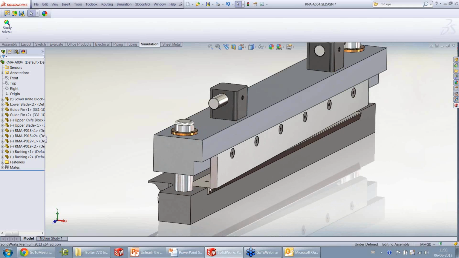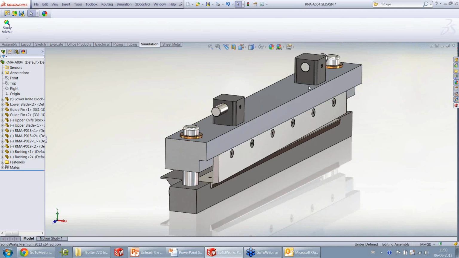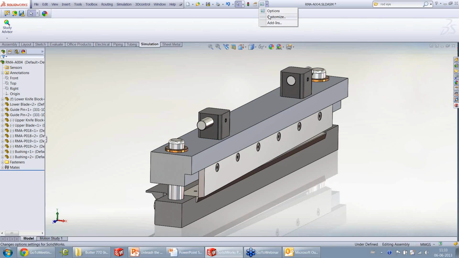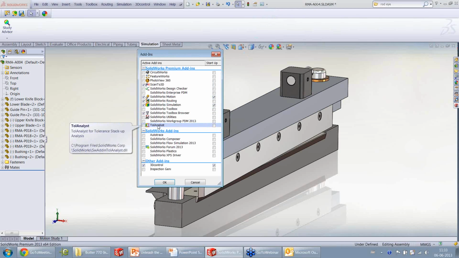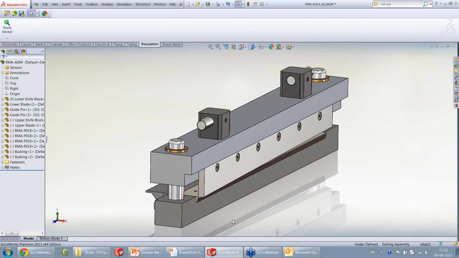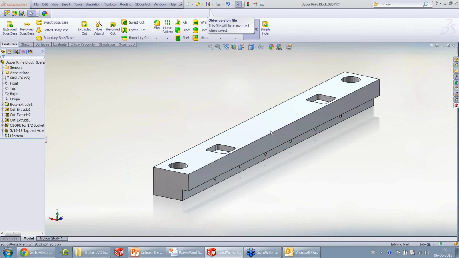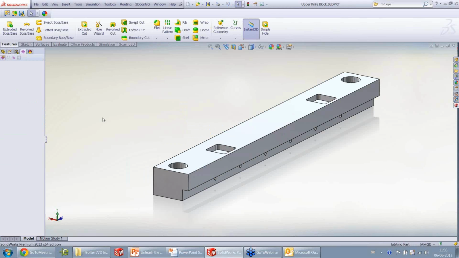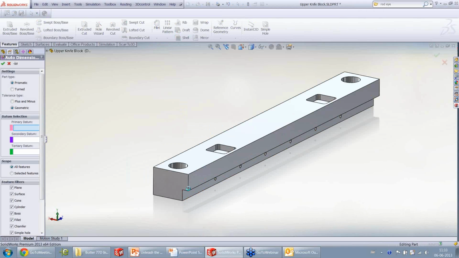So SolidWorks tolerance analysis, as it's known in SolidWorks, TolAnalyst, will help you calculate your stackups, which means it will take into account all the different tolerances like geometric and dimensional tolerances, and it will give you a worst case and best possible scenario, the minimum and maximum scenario. Let me just show you how it works. I'll open up this upper knife block, and in SolidWorks we have something called DimXpert, using which you can specify your